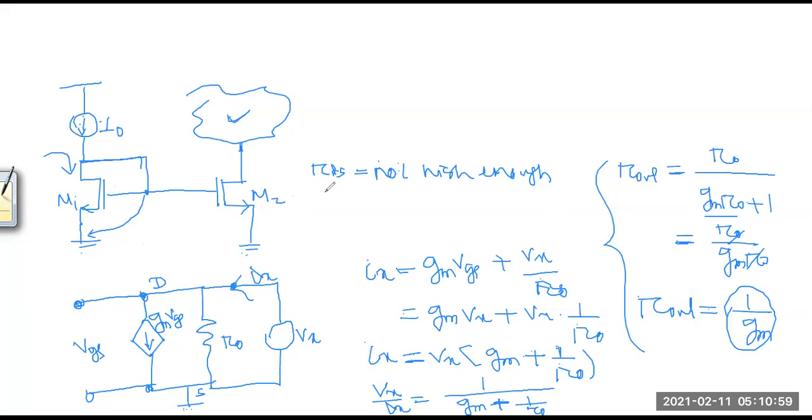Another problem is that its drain is directly connected to the circuit, so any change in this circuit will change this voltage. So a direct impact will come to this point. If you solve that equation, the current equation for I0 and Iout,